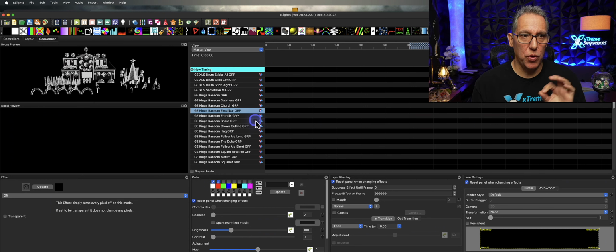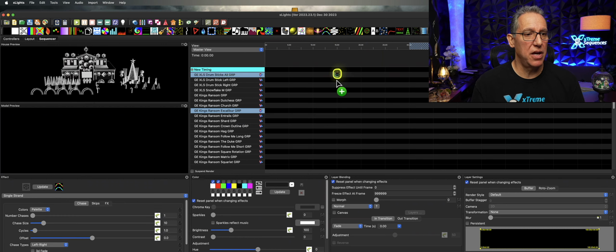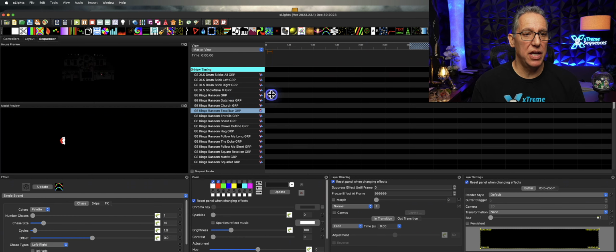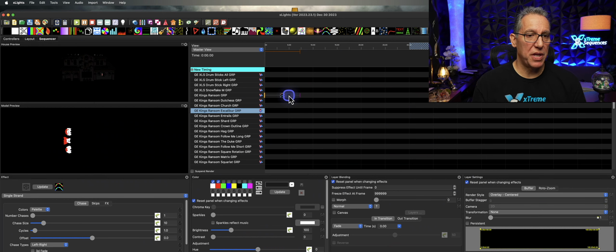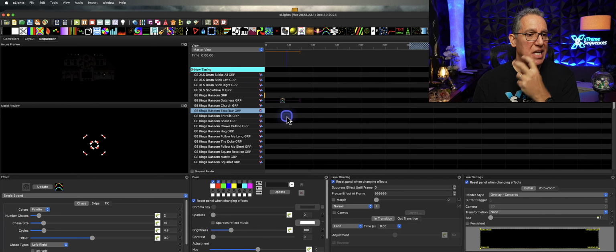So let's take a look real fast. If you want to see some effects on here at the main group, of course, there you go. I mean, that's not super exciting. That's just the main view. I'm going to put this on overlay center, just something I really like. And I'll scoot this down here and let's speed this up a little bit so you can see some of these groups, and I'll even put a couple on here. And so that's what the King Ransom Duchess does.